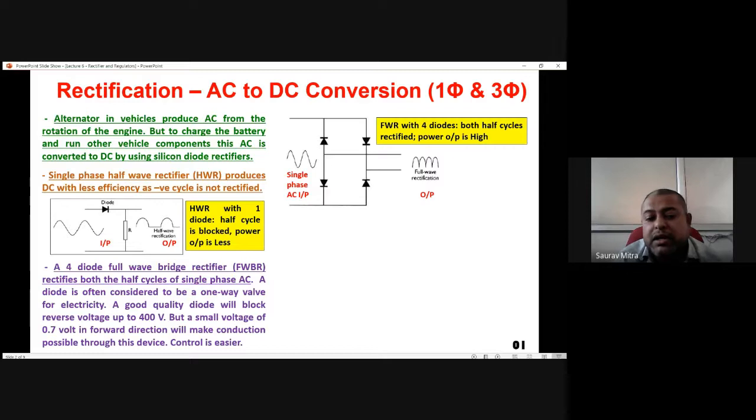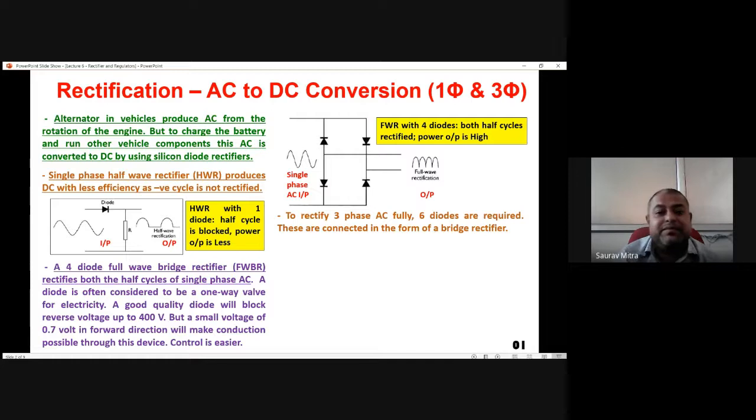So it's a very good quality kind of latch or valve with very high accuracy of rectification. 400 volt in the negative direction cannot make it forward biased, cannot make it conducting, but 1 volt in the forward direction will make it conducting. So a small voltage of even greater than 0.7 volt in the forward direction will make it conducting, and controlling of a diode is very easy. So exactly the same kind of configuration, but for three phase.